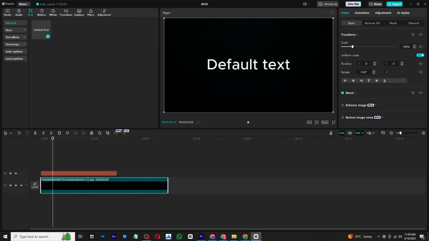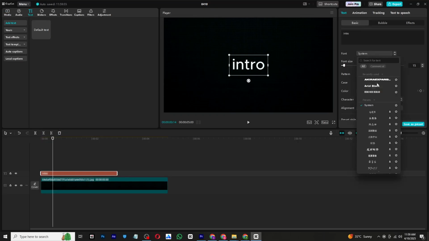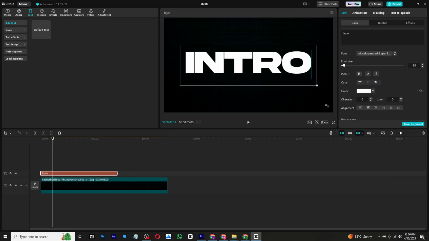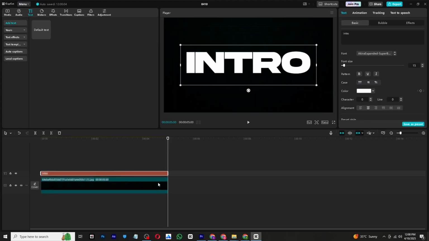Next, add a new text layer. Type in your desired title or intro text. Make sure to choose a bold font, something that stands out clearly against the background. Adjust the size of the text by scaling it to fit the scene properly. Also, make sure to extend the length of the text layer on the timeline to match the duration you want